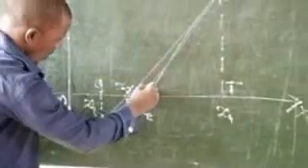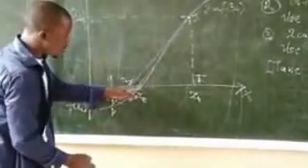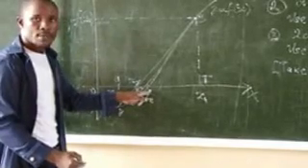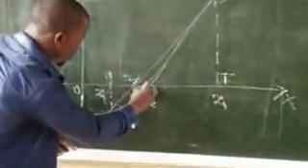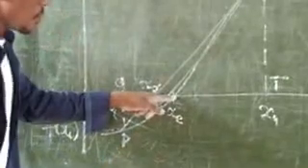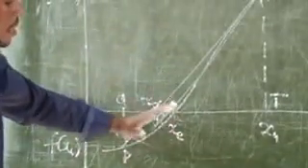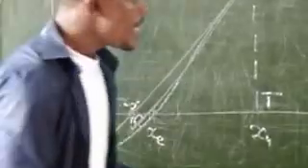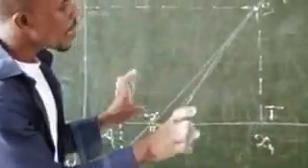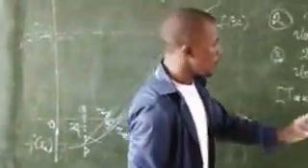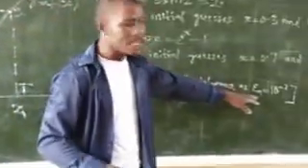By the time you join a line from this point down here, you would see it's getting closer to the exact solution. At some point, if you continue, it gets so close to the exact solution, and you know it's time to stop when your relative tolerance is less than or equal to the acceptable tolerance